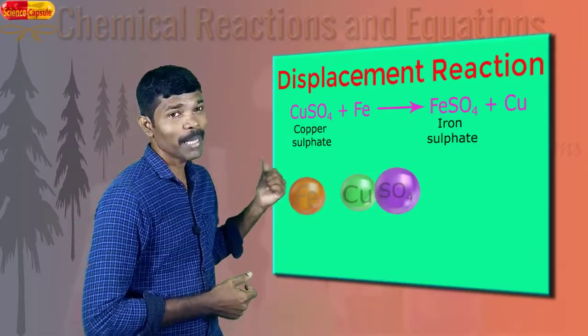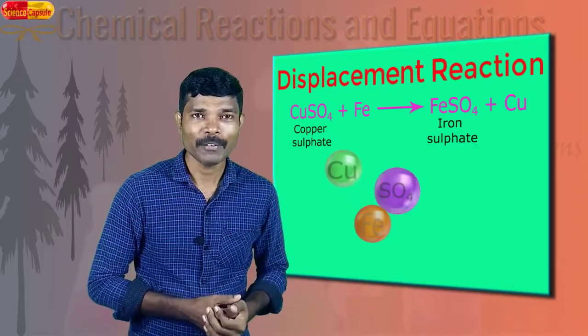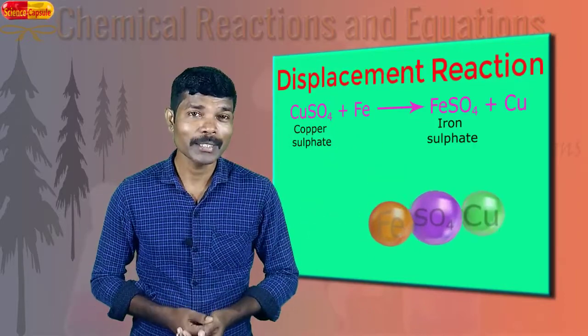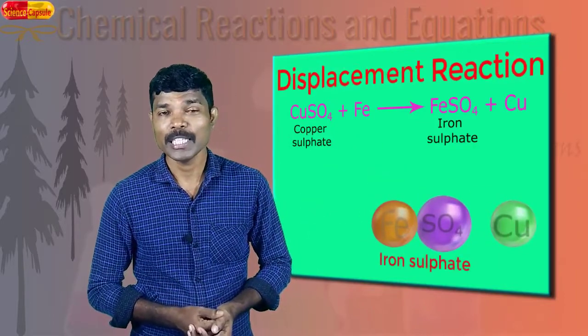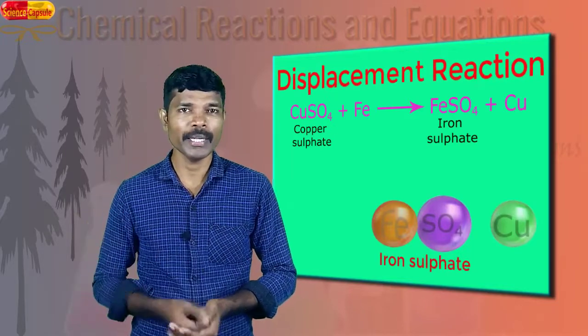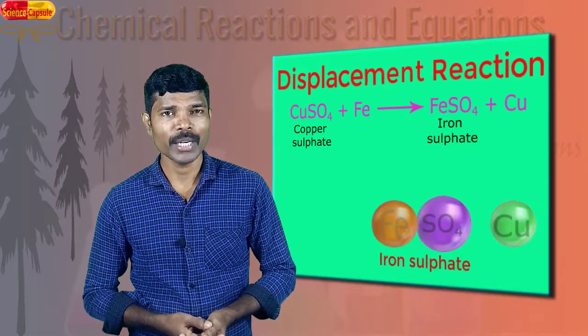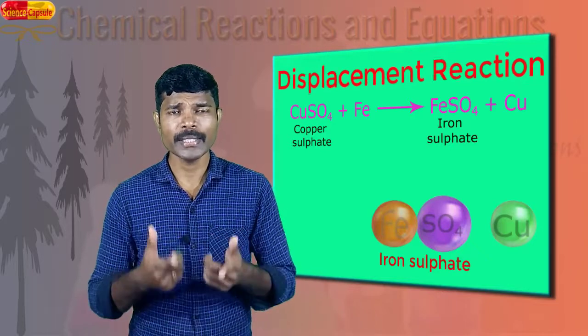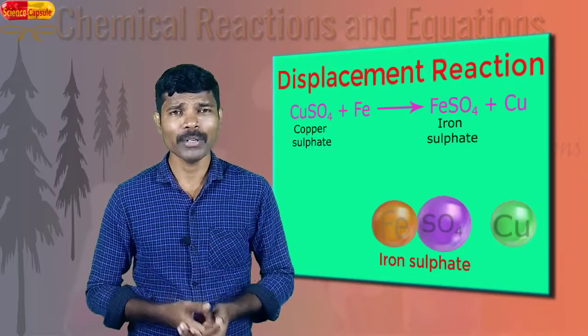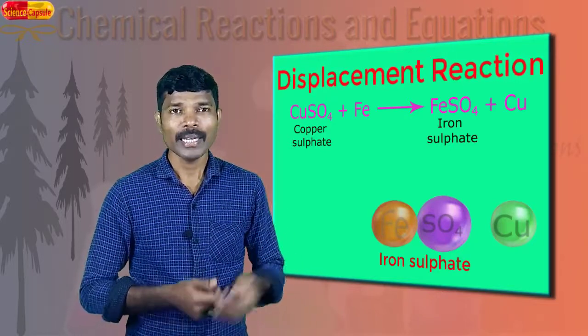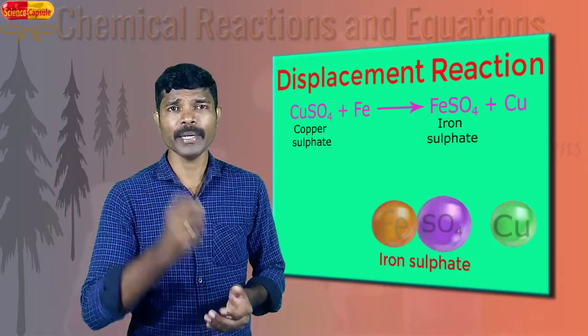The iron replaces copper from copper sulfate, and the product will be iron sulfate, and copper is displaced out; copper metal we are getting. Such a type of reaction is known as displacement reaction. So the necessary condition or the basic thing about displacement reaction is that in such reactions, highly reactive metals can